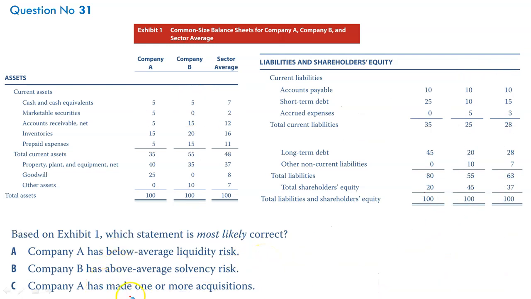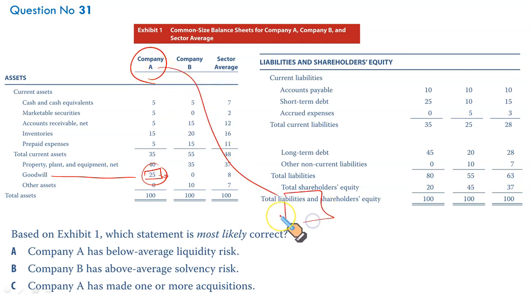All right, it says company A has made one or more acquisitions. If you just look at the balance sheet of company A, if company A has made an acquisition, it should involve goodwill. If you look at the non-current assets, there is 25 representing goodwill. This goodwill only arises if company A has acquired a subsidiary B, C, D or any other company. So this goodwill presence in the balance sheet of company A represents that it has made one or more acquisitions,